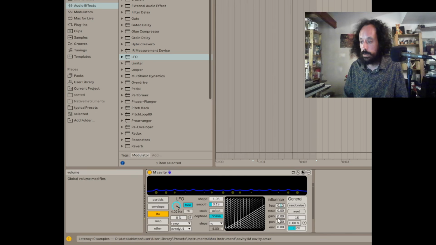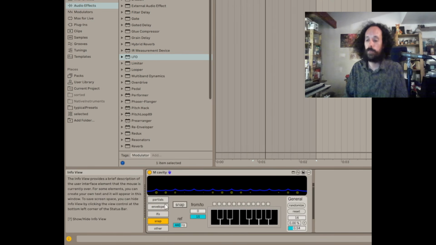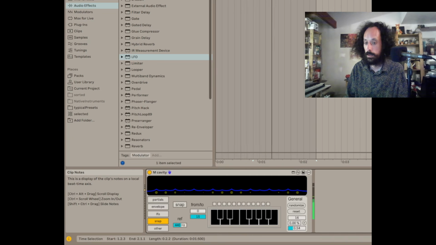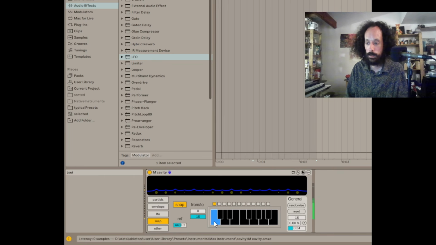And now the snap. The snapping window is very new. What it does is you choose a set of notes and it will snap all of the partials to the closest note. For instance, here is how it sounds without the snapping, and if I activate it and set it to C,